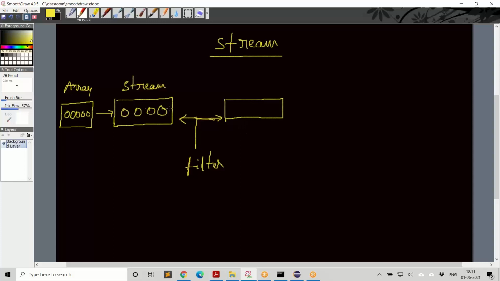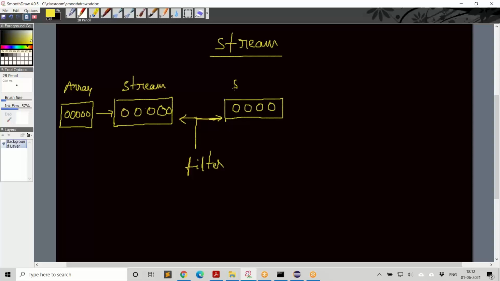So if you have 5 objects in the stream to start with, after you filter that, where you are selecting a few objects, you will be getting something like only 4 objects.